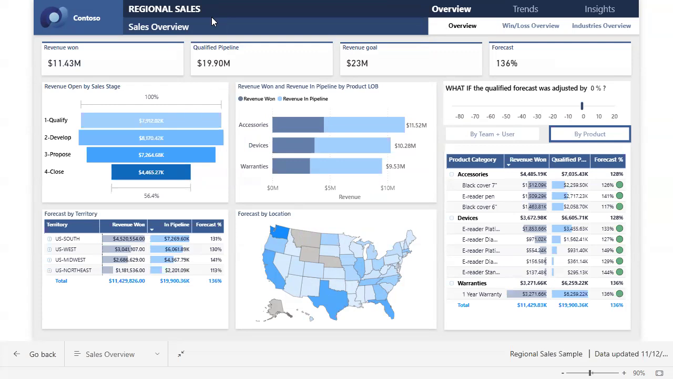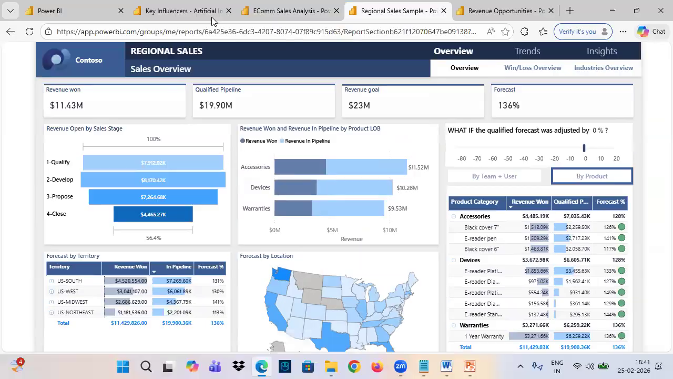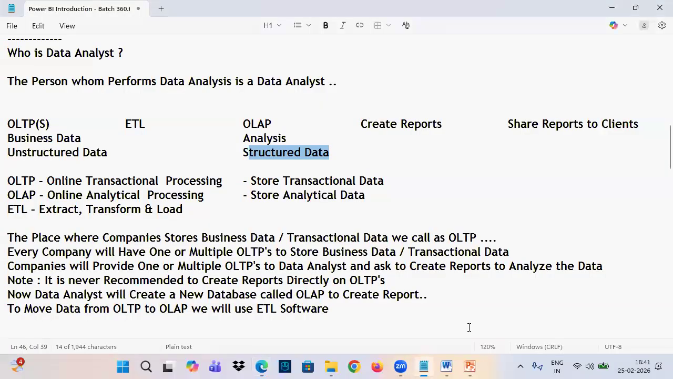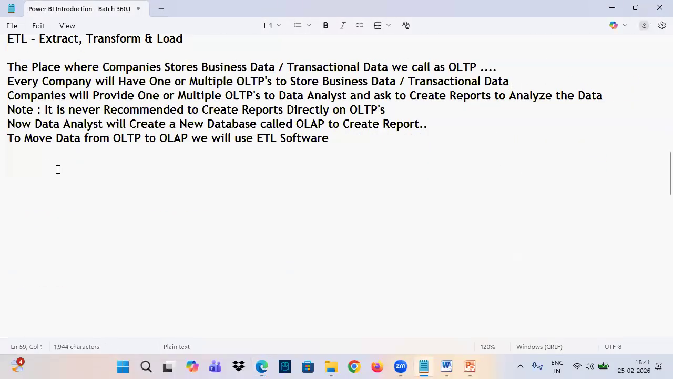These reports we will be creating on OLTP or OLAP. We always create the reports on what? OLAP. We don't create the reports on what? OLTP. We always create the reports on OLAP, guys. Okay, that's fine. The next step is